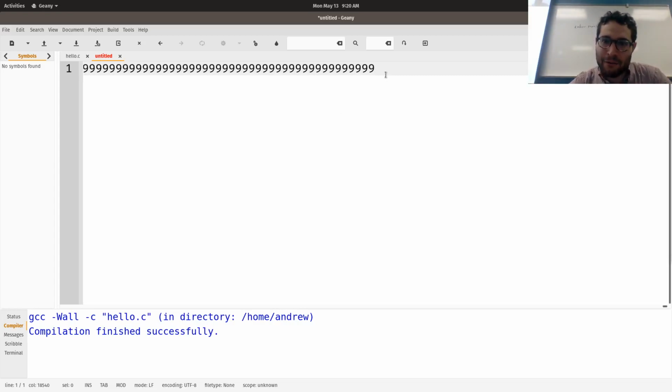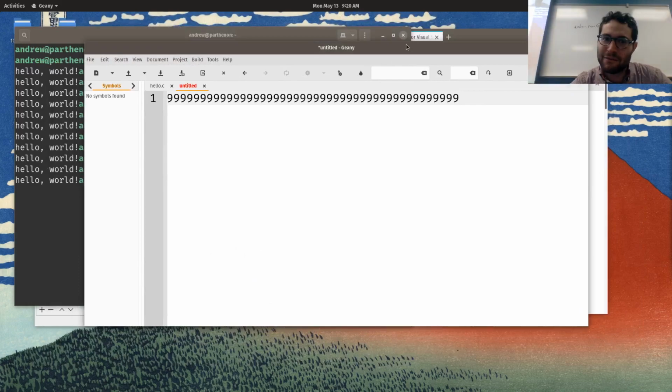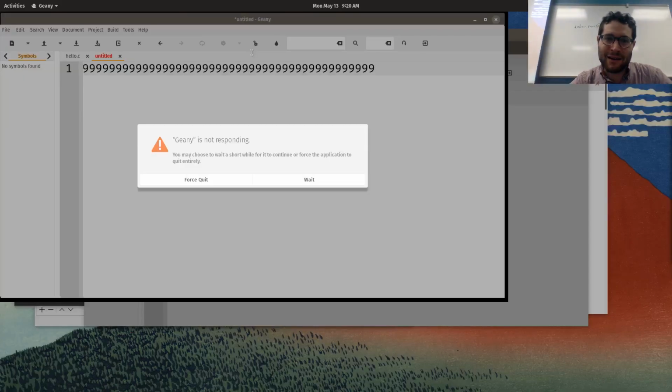Oh, and now my poor computer is complaining because it just does not want to deal with that, right? This is just me doing some text editing, and I've just crashed my program by trying to copy and paste 20,000 digits of 9.